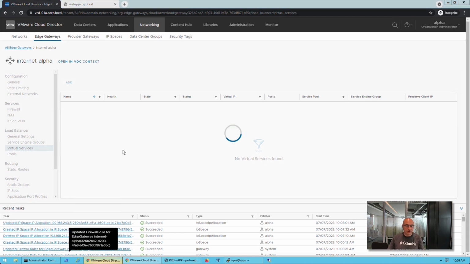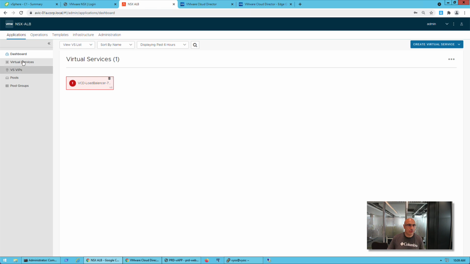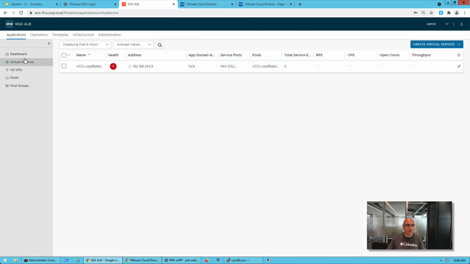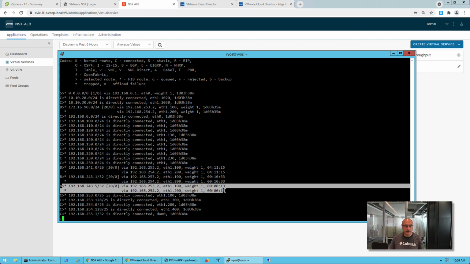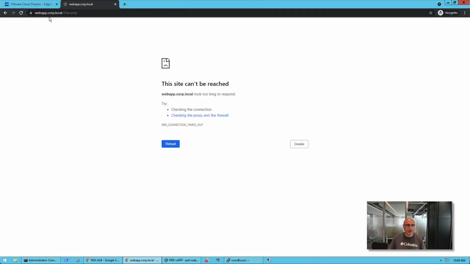As soon as this virtual service is created, let's see what's happening on the AVI side. It should be fast because the service engines are already running. Yeah, the virtual service received the IP address that I expected. If I check the routing, right now I should also see a route for the .5 IP address. So my routing seems to be working, and if I try to access this application from outside,